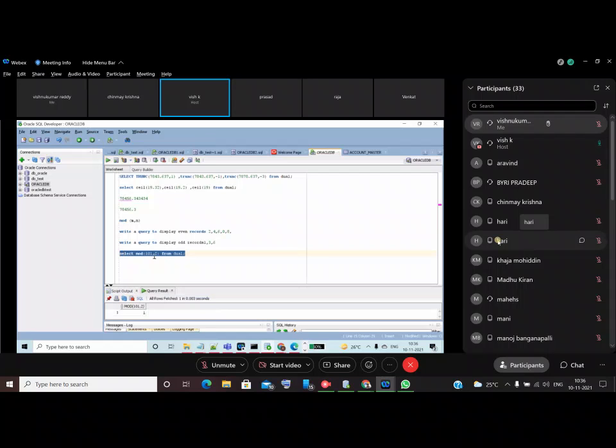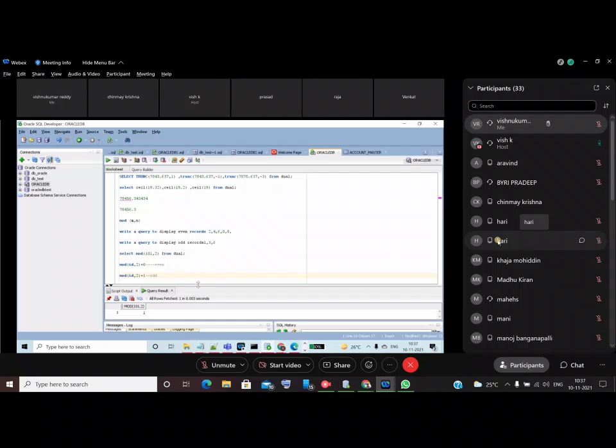So this mod function is the same. We'll write it in the expression or in the filter condition like this: mod of, suppose your port is id, comma 2, is equal to 0. So 0 means these are even numbers. When this condition is true, the records go to the even records. And mod of id comma 2 is equal to 1 means this is an odd number. So like this, through the mod function we get the remainder, guys.